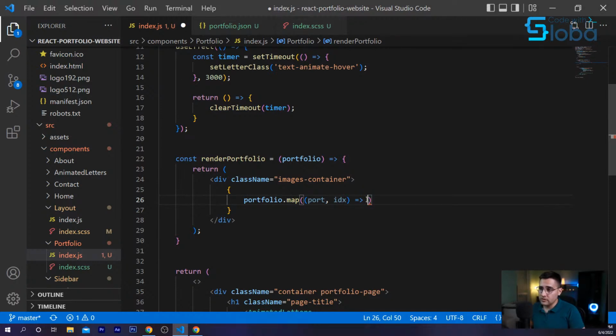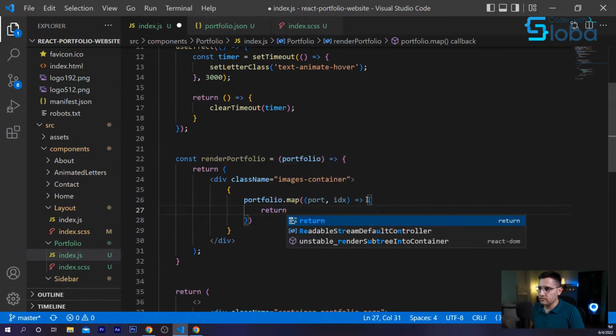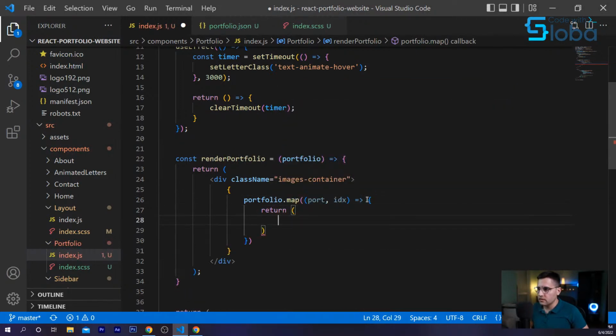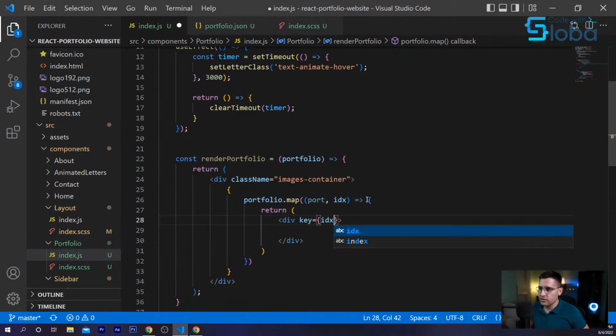But I don't have that, so yeah. And inside of our map, just return a div again. And this div should have a key. I'm going to use the index, which, like I said, is something that you don't want to use in your real-life scenarios.